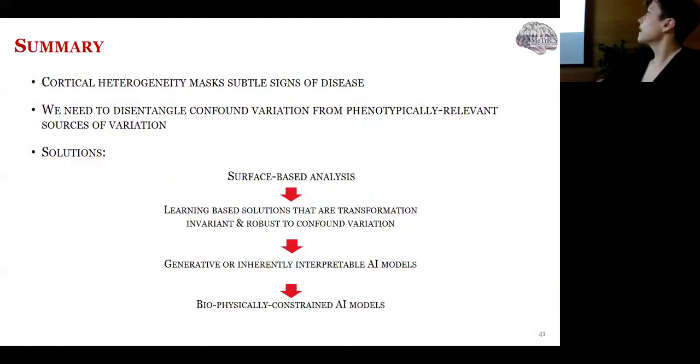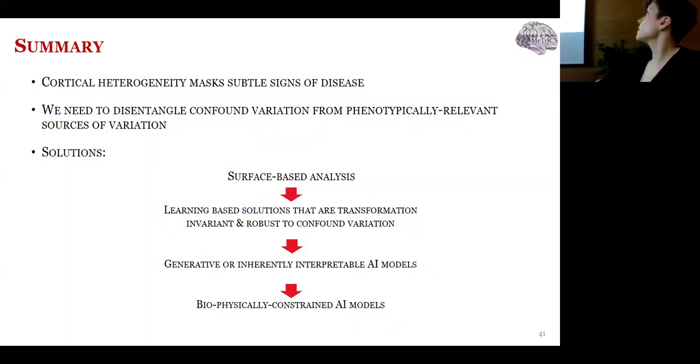So I strongly encourage, as always, surface-based analysis, because the cortex itself is a curved manifold, and understanding its properties is better done on the surface, as has been shown by all of the studies from FreeSurfer and HCP, etc. But in that space, we should be going, because of all this heterogeneity, there is a reason to go to learning-based solutions that, because they're transformation invariant, can be robust to the residual confounds that are really difficult to deal with through image registration, and I really don't have a good idea how to fix them